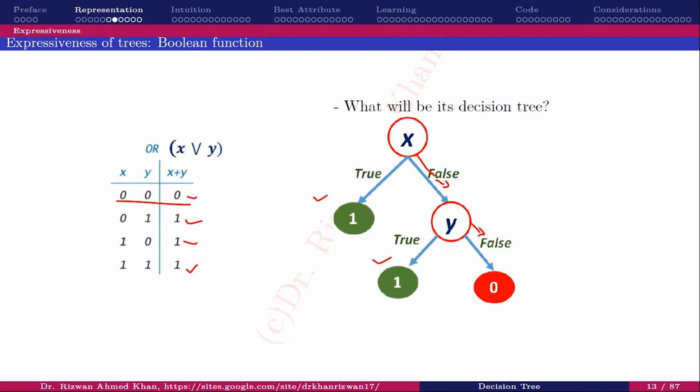So we can represent a Boolean function very easily using decision tree representation. And actually learning is there, like Jamali was asking where is learning. Right now the data set is so small that we have induced it automatically, but as the data set increases, we'll see what I mean by inducing a decision tree and how learning is done in decision trees.